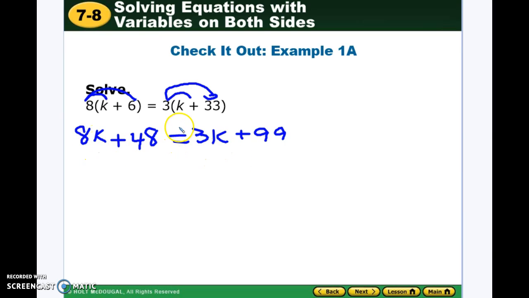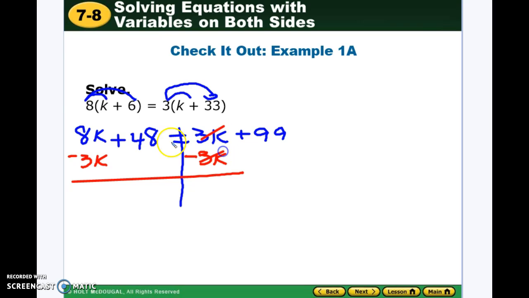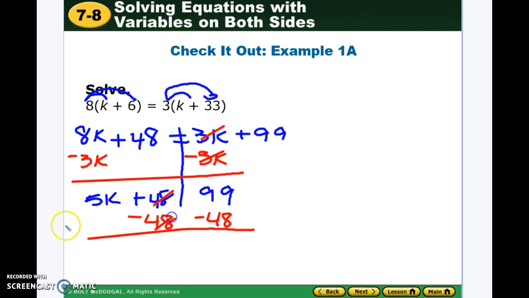And of course, now we have k over here and we have k on this side. So rule of thumb again is to move the smallest variable to be with the bigger one. Take the baby, put it in the same room with the mama. Here this is positive 3k, so we will subtract 3k, and 8k minus 3k will give us 5k plus 48 is equal to 99. And now easy two-step, subtract 48, and now we get 5k is equal to